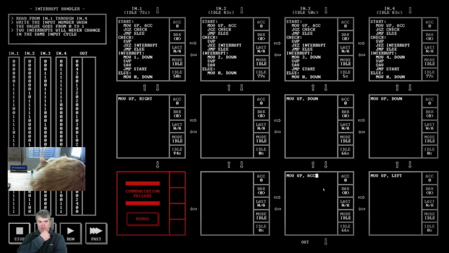I don't need to compare them. What if I just add? Because only one of them can change in the same cycle. So what if I just add? So I'm okay, moving up right to here. I then add up, add left,